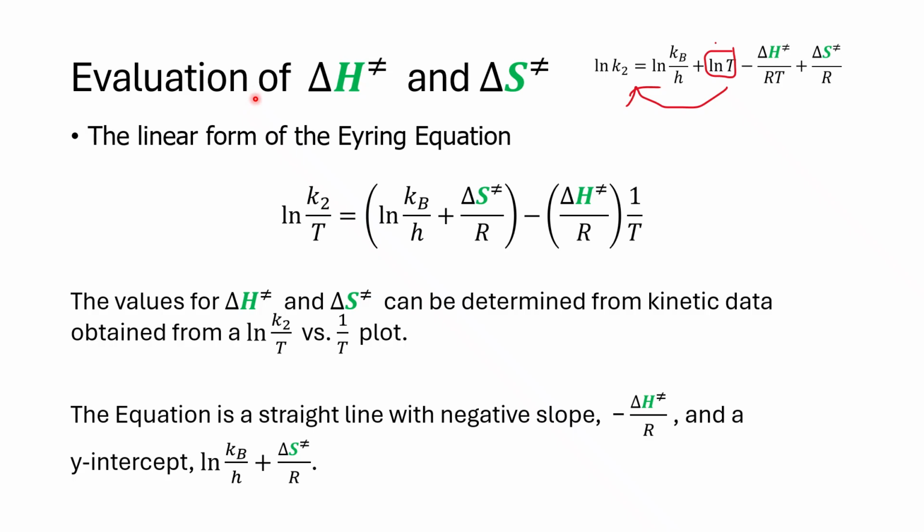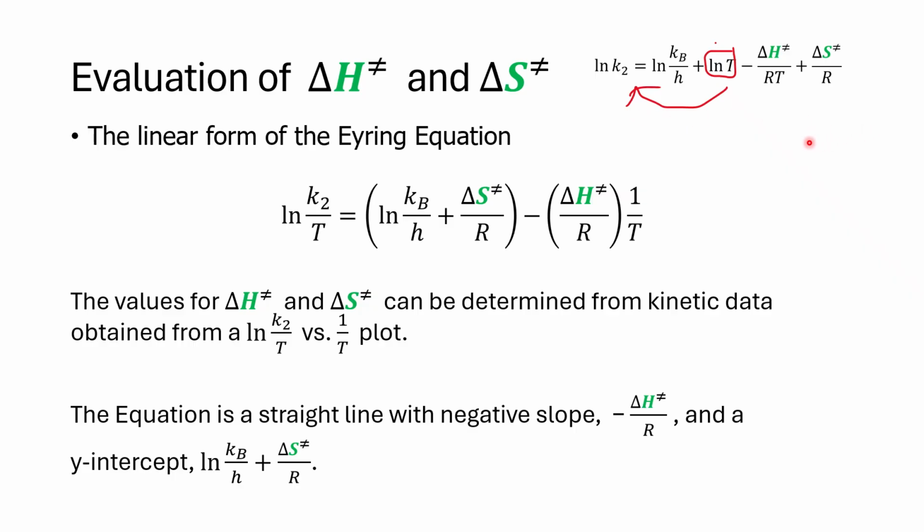Just as the activation energy and the pre-exponential factor can be determined graphically from an Arrhenius plot, the change of enthalpy and also the entropy for the transition state can be determined graphically from a linear rearrangement of the Eyring equation. Starting from the thermodynamic linear form of the Eyring equation, as given here,